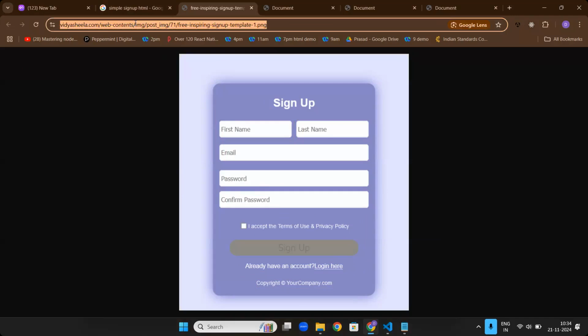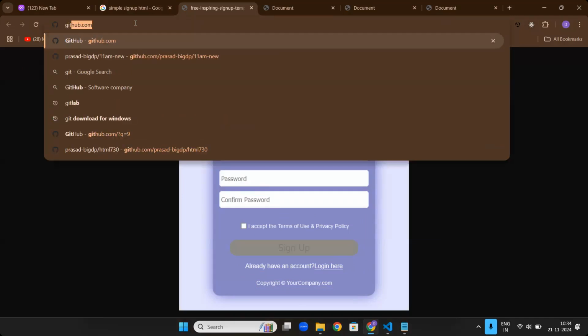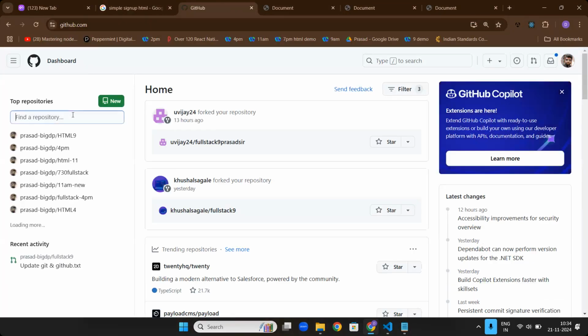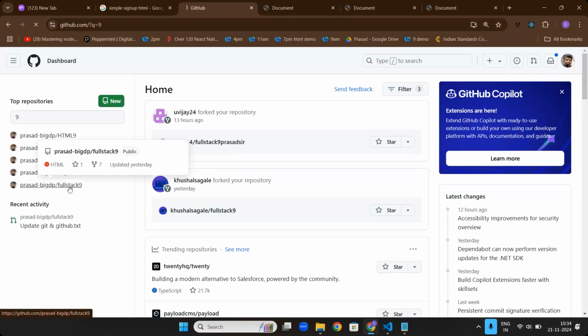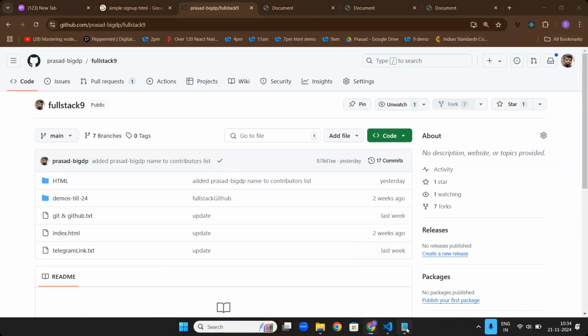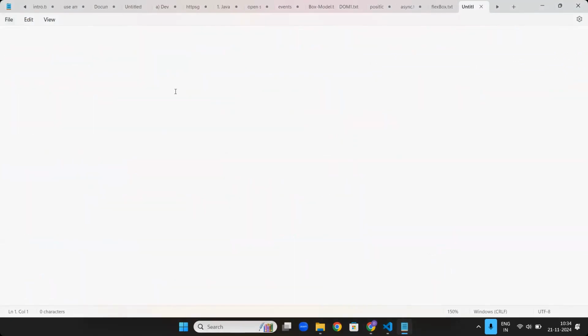Now go to github.com. I will give you the link directly. Why go to github.com? What is this link? If you don't have GitHub also, that's fine. All I need is this link. If you go to this link,